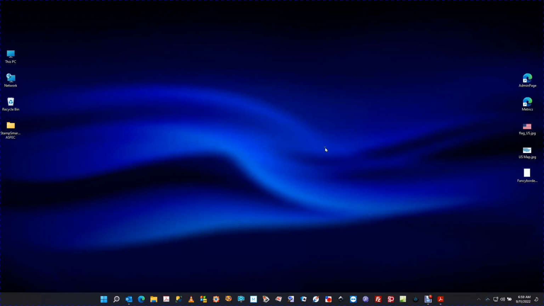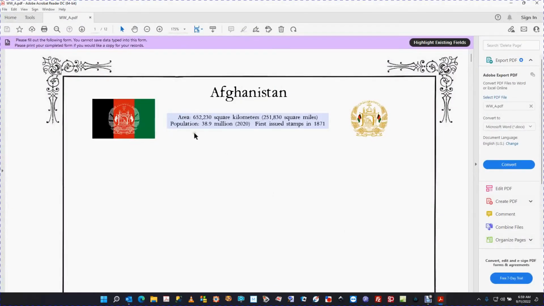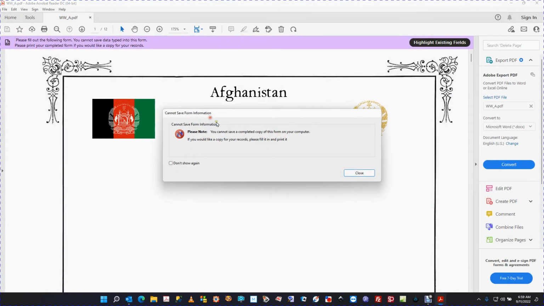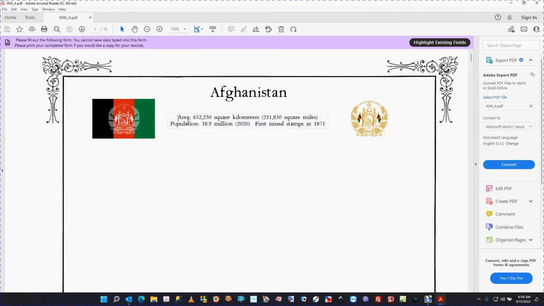To save a file that you've changed, you have to use the Print to File option. You'll notice that the dialog box mentions you can't use a file save. So instead, what we'll do is make a change to the file. And when we've completed making all of our changes and we want to save, we'll use the Print to PDF